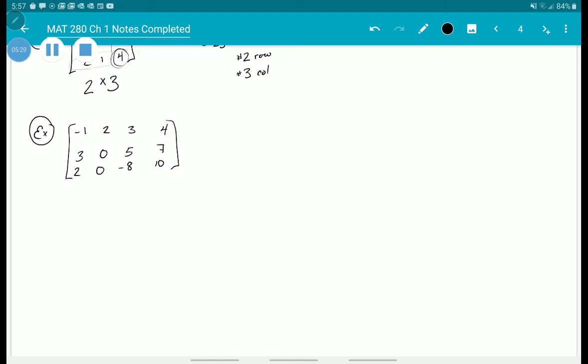So if we look at this one, we have 1, 2, 3 rows. And we have 1, 2, 3, 4 columns. So this is a 3x4 matrix. And just for fun,